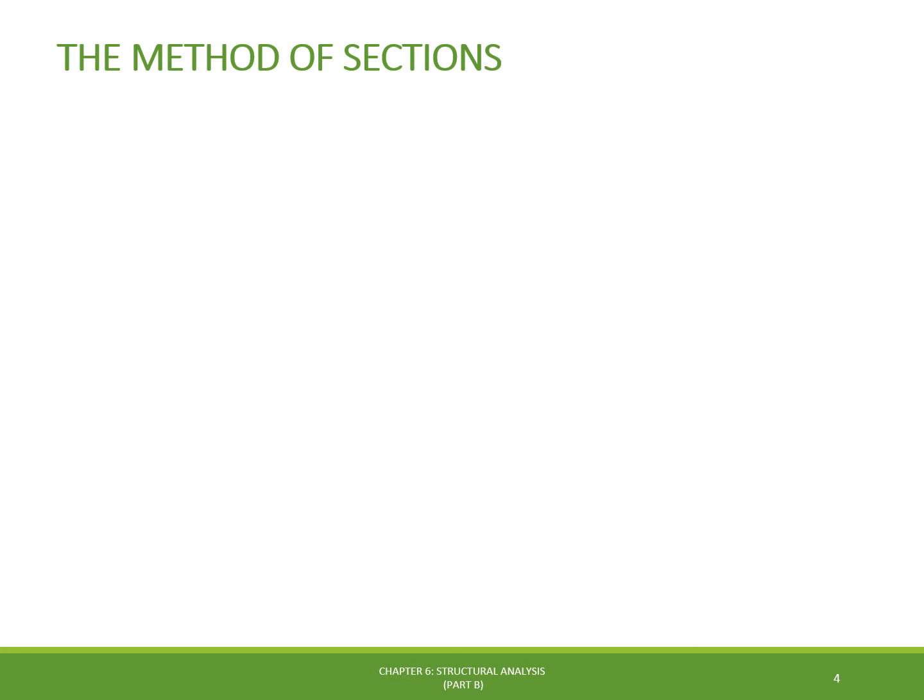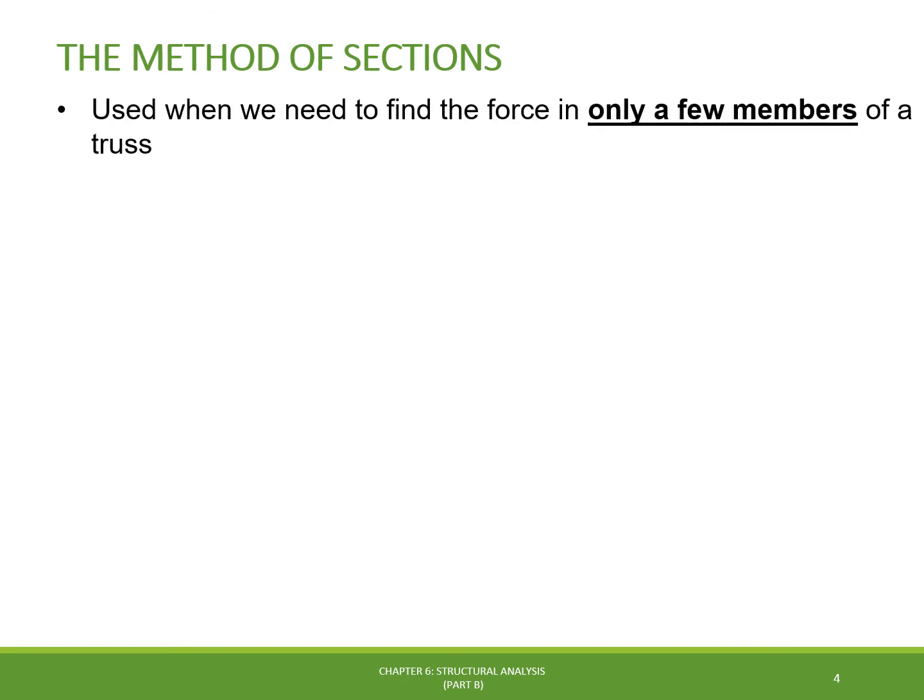Now, we are going to learn a different method to perform truss analysis, which is called the method of sections. This method is based on the principle that if the truss is in equilibrium, then any segment of the truss is also in equilibrium. Unlike the method of joints, this method can be used when we are interested in finding the forces acting only in a few members of the truss. For example,